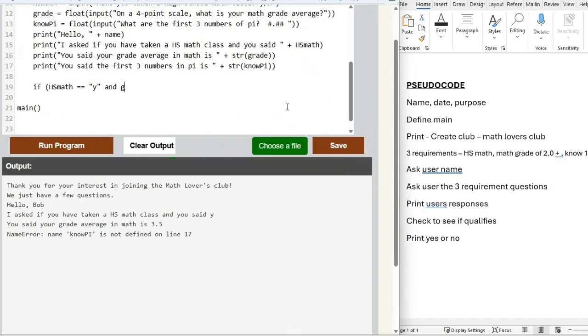Their grade must be greater than or equal to 2.0, and no pi has to equal 3.14. If that's true, print, welcome to the club. Else,